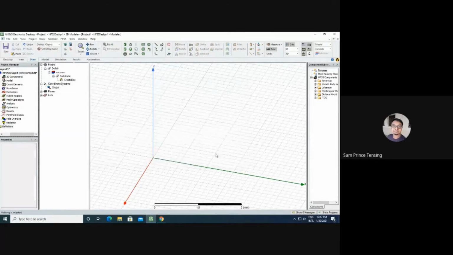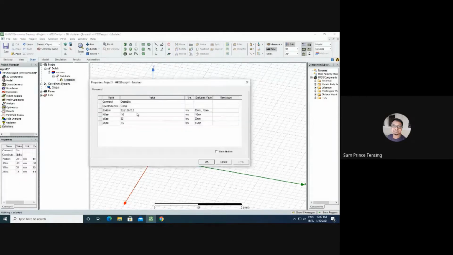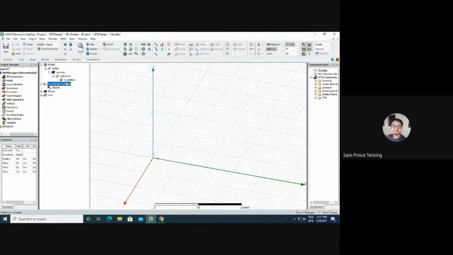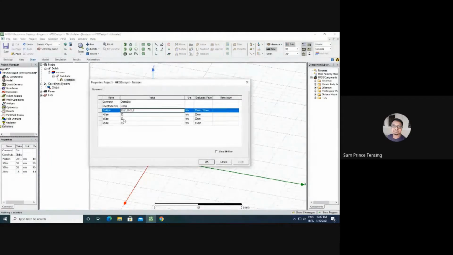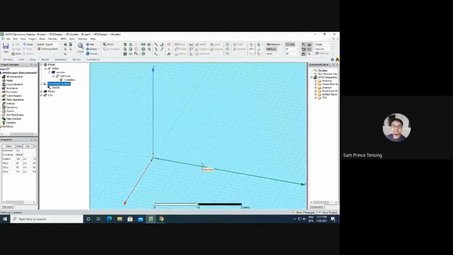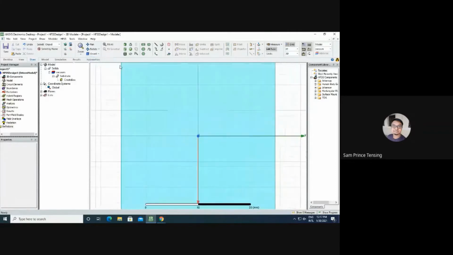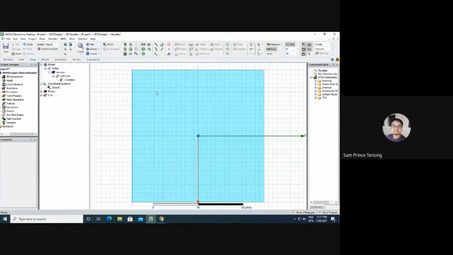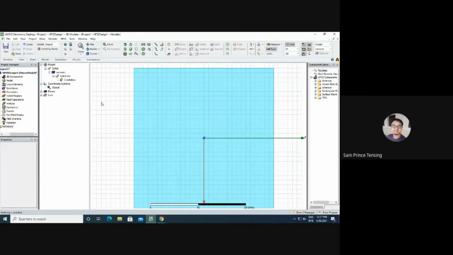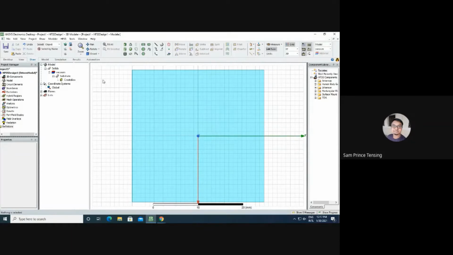Apply. We have to take the minus here. Yeah, now we have it in the center. Every side will be equally distributed, here, here, here, here. So it will be easier for us to design. That is the only reason I'm keeping it in the center. It's not a big deal; anywhere you can keep it. This part is called the substrate.